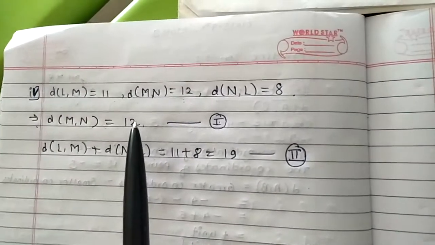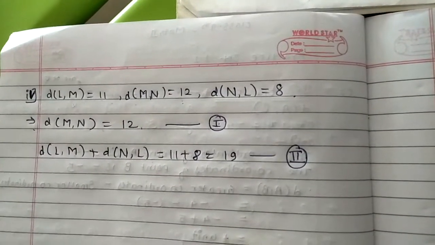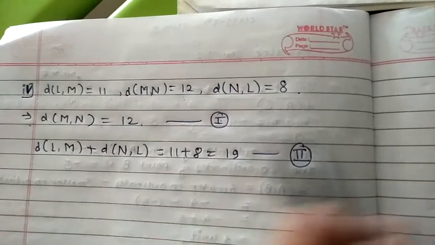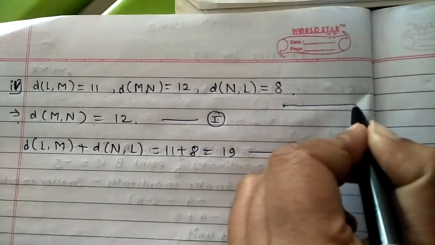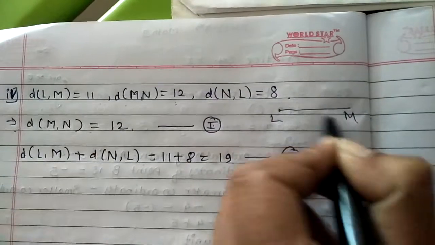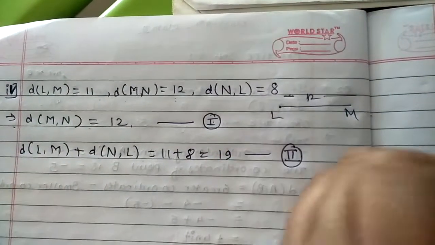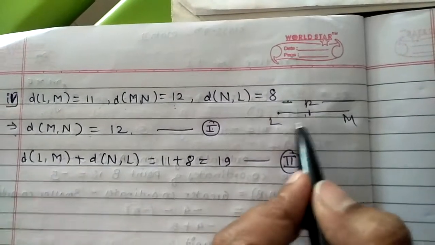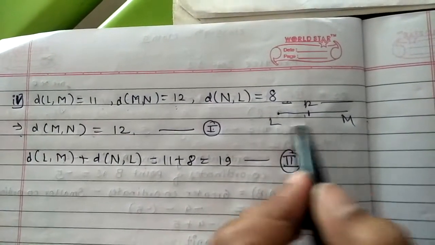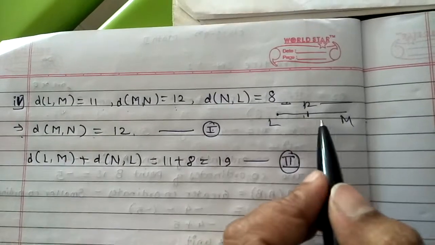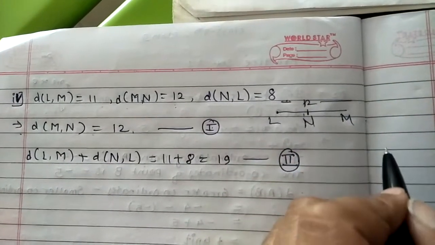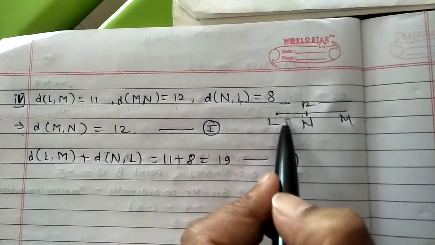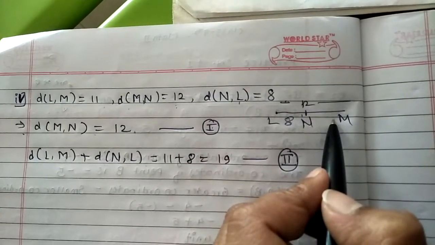Why do we need to assume the larger distance as equation number 1? Because it is deciding the end points of that line segment. Suppose here we are going to take LM. So LM length is larger, and it is 12. Then the remaining point is nothing but the midpoint, you can say it is in between the points L and M. That is N. So we have to decide. The remaining LN distance is 8, and the NM distance is what?